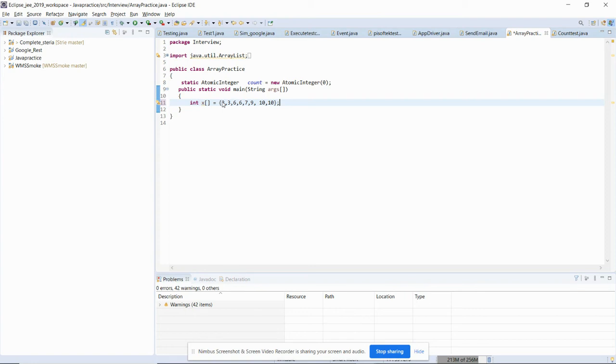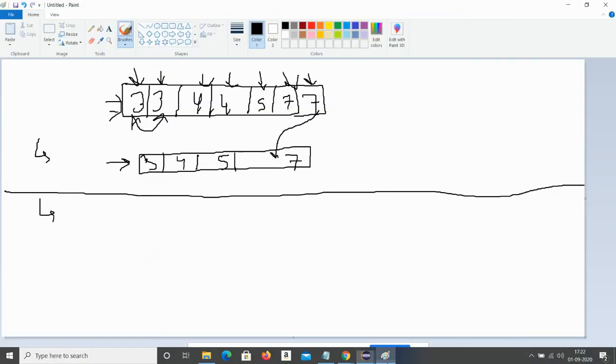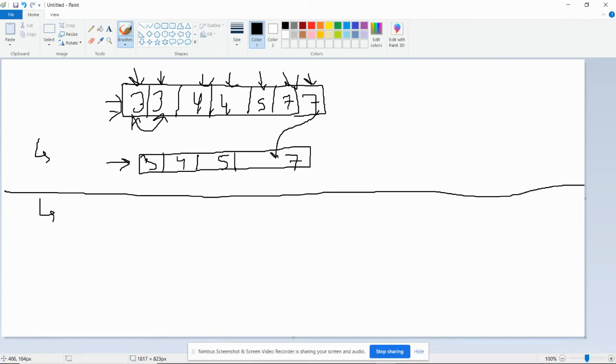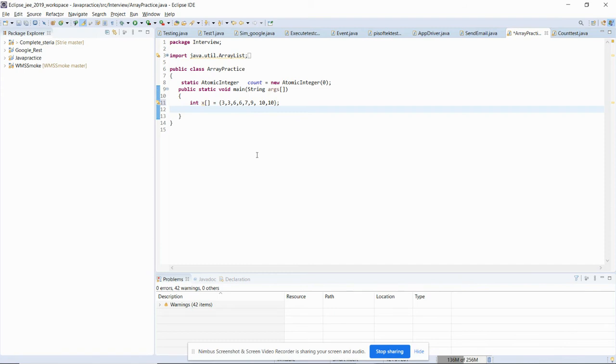Now I will create another temporary array. As I told you, I will create a temporary array and I will put the non-duplicate elements in that array.